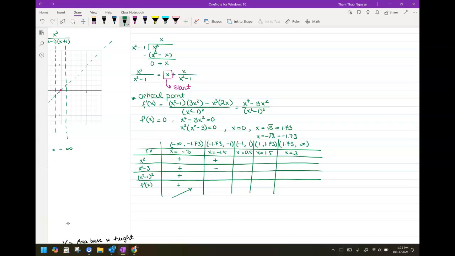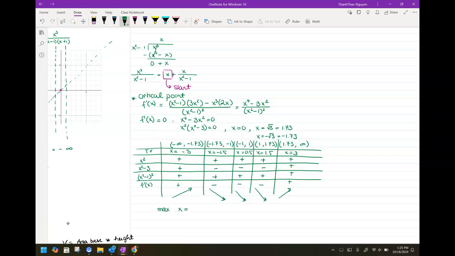Positive, negative, positive, so negative, and we have a decreasing. Again, decreasing. Again, decreasing. And increasing. This means here we have a max